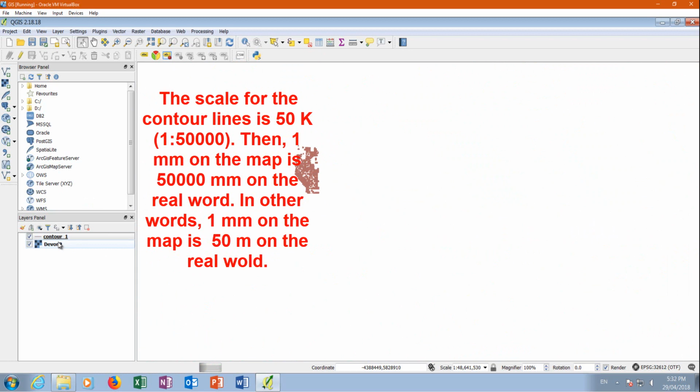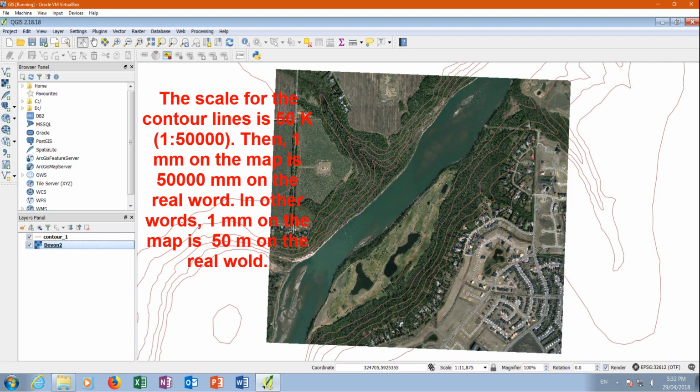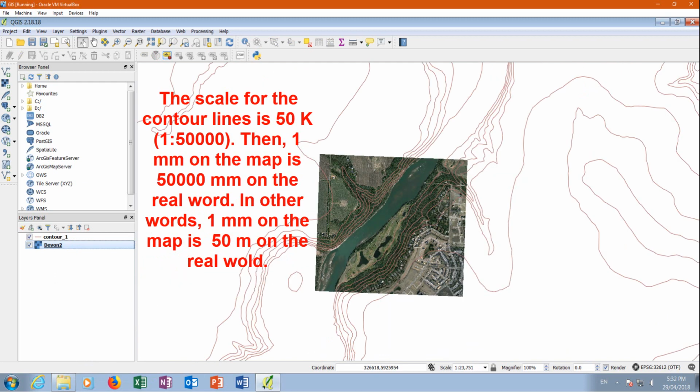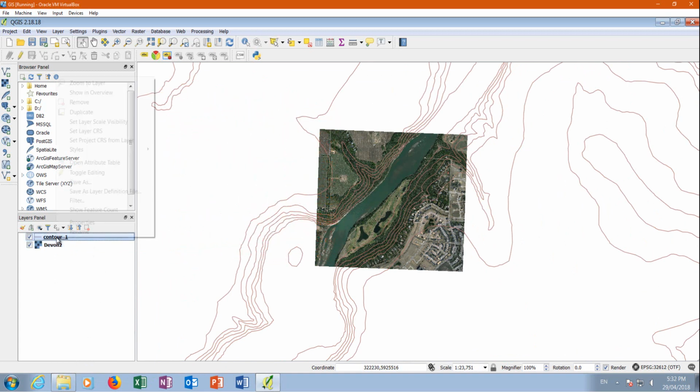Okay, that's a heavy file. Zoom to the layer. This is our area. Then what I'm going to do is to click all this area because we are going to use just this information here. But first, what I'm going to do is